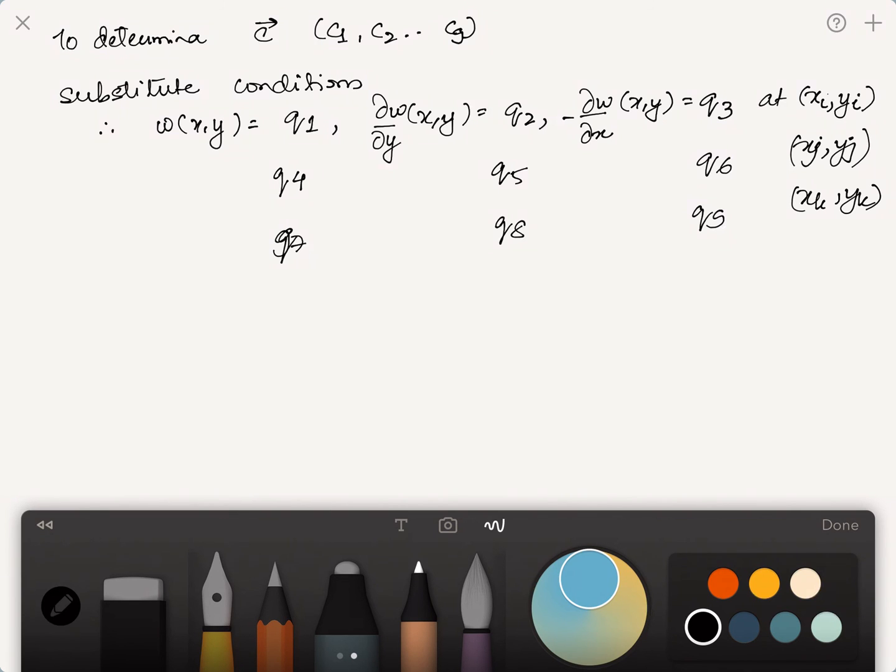Of course, you have to find the partial derivative of W with respect to x and y to move forward. And once you are able to do that, you will be able to clearly write down 9 different equations and solve. Now, after you've used all these relations, we will be able to substitute it back into the strain energy, etc. But in general, we already have done that before, so we know